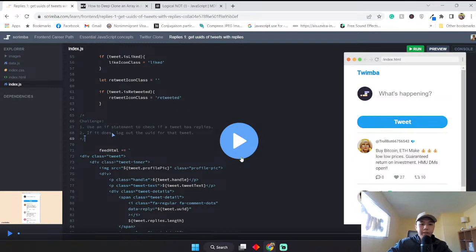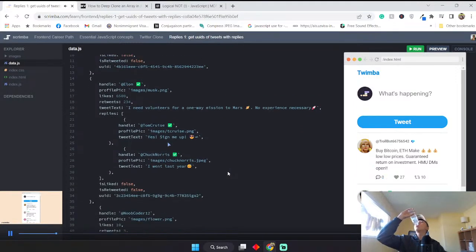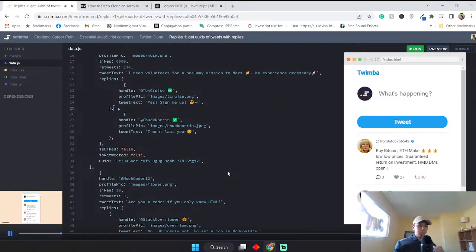Right. Some of our tweets have got replies. If we have a look at the data, we can see that this replies property is an array. In this first tweet, the array is empty because this tweet does not have any replies, and we've got the 0 here right next to the replies icon. In the second tweet, the array has got 2 objects, and each object